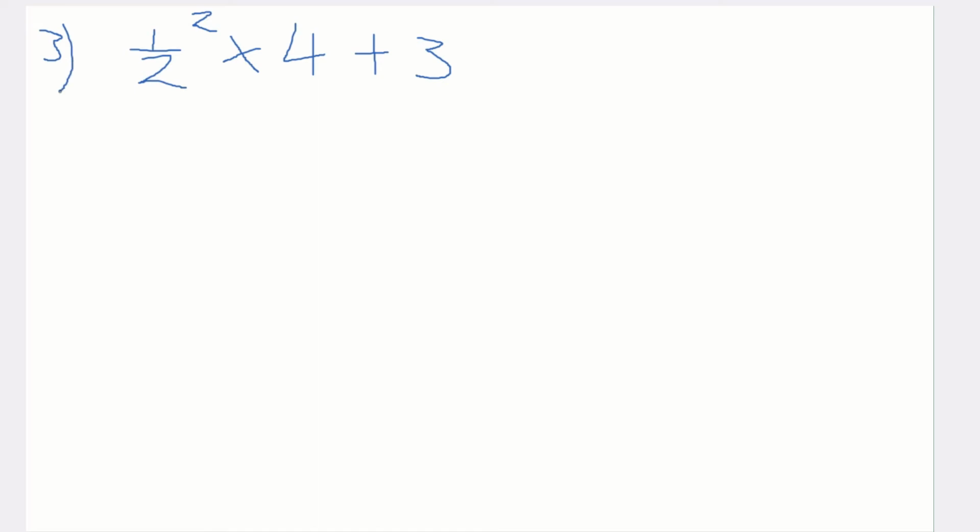As you can see, we do not have our parentheses, but we have an exponent. We have a half squared. So we're going to go ahead and work our exponent. That's a half times a half, and of course that gives us 1/4. So we're left with 1/4 times 4